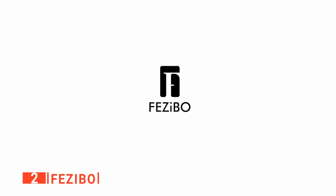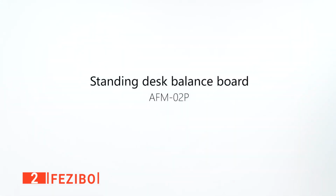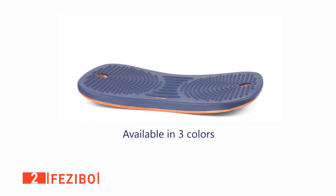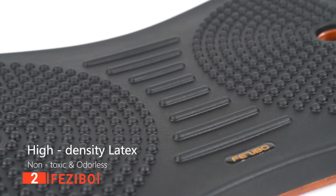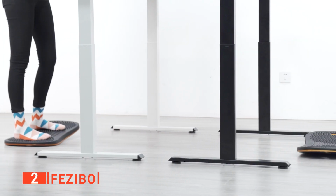It has an effective 8.5-inch tilting angle that's not so extreme as to be wholly distracting, but does provide enough rocker to let you move from side to side, avoiding a static stance. The Fezibo also features firm massage beads on both sides of its concave side and horizontal raised lines in the middle. The Fezibo balance board is an ideal product for holding balance exercises and creates low-impact rocker movements that help